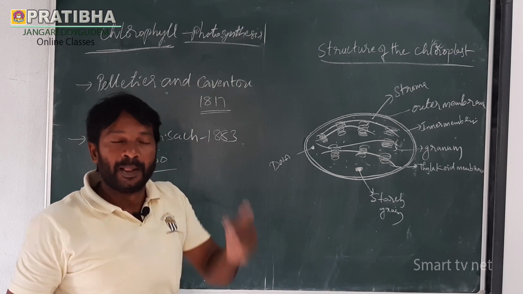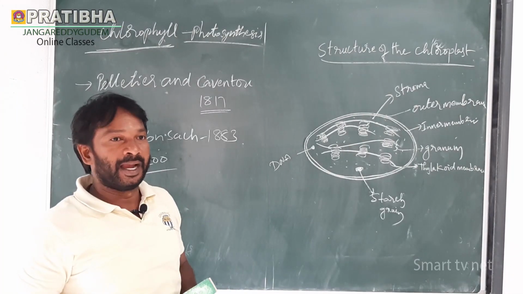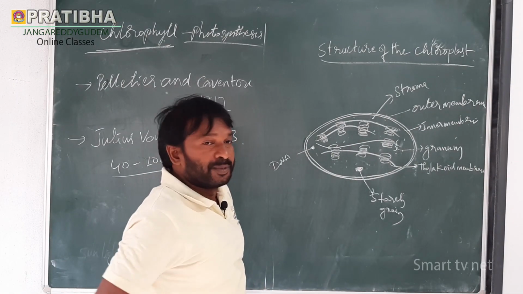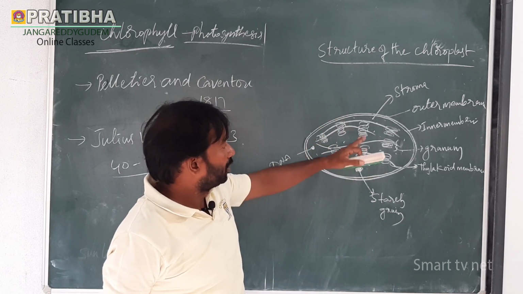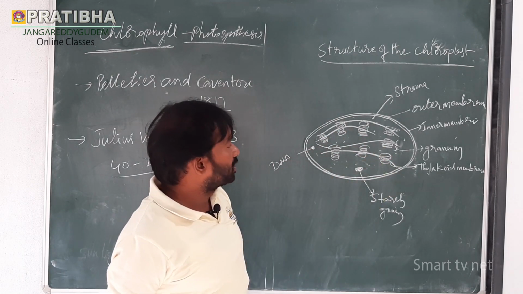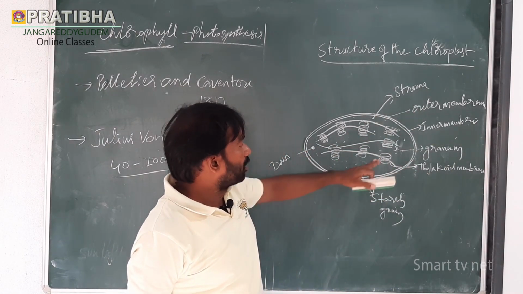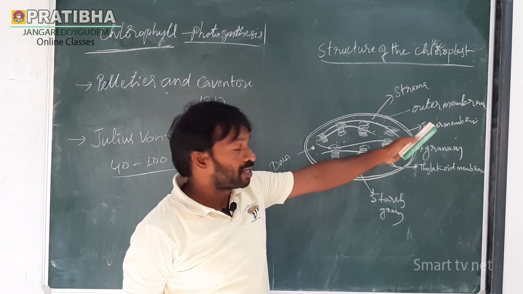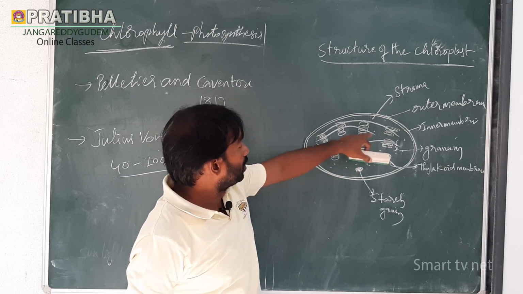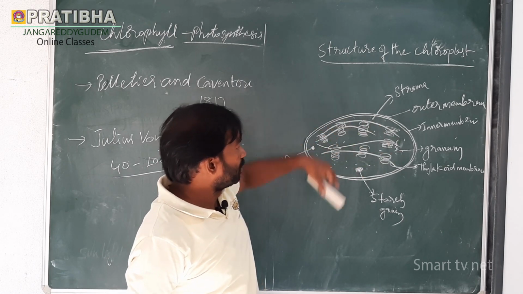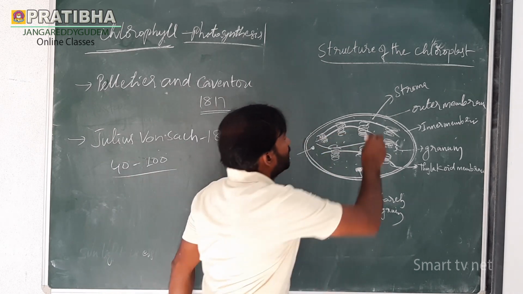Chloroplasts are present in the leaf of the plants. These are the producers of the plants. If you observe the parts of the chloroplast, chloroplast is an organelle. It contains three membrane structures: outer membrane, inner membrane, and thylakoid membrane. On the thylakoid membrane, stacked sac-like structures are present. They are called the granum, and the remaining fluid-filled portion is known as the stroma.